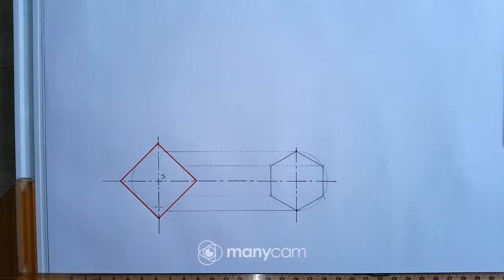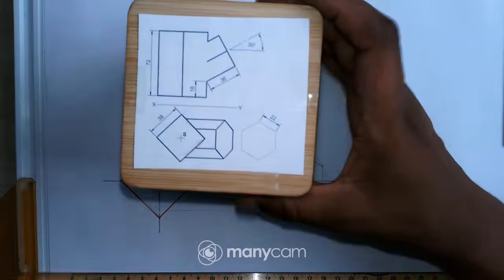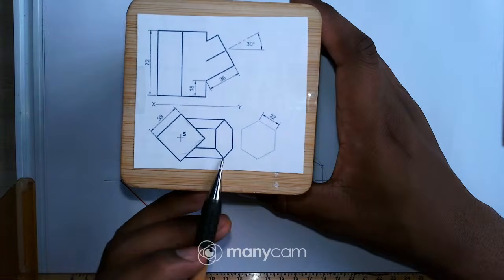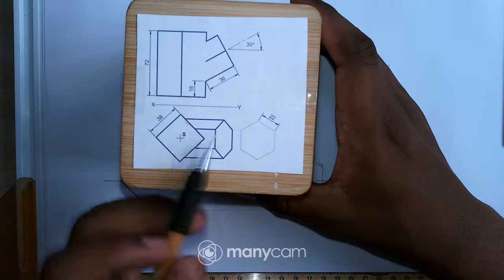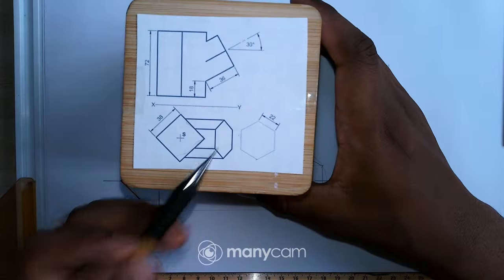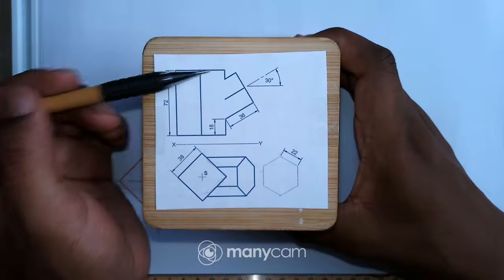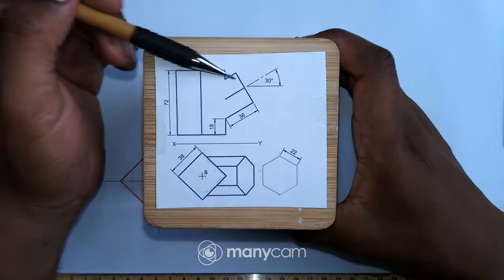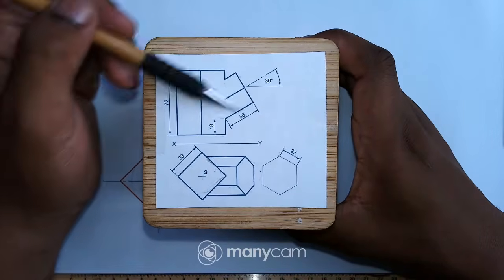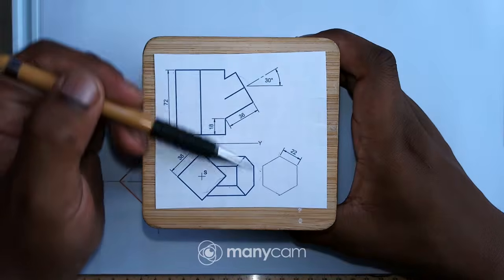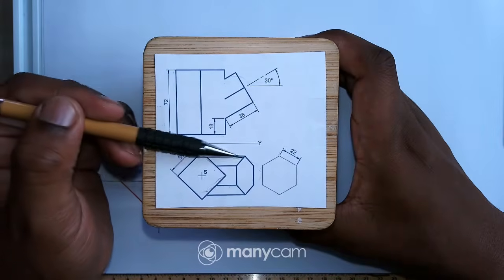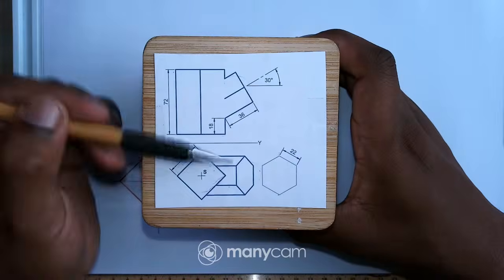Okay, so now the problem is I don't know the distance from here to there, or we are not given the measurements, right? So that means now I'll just proceed to the front view, right? So that I can just draw the part. Then after drawing that part, I can just project the points down so that I can draw this section, right?